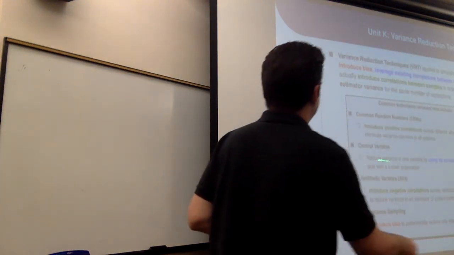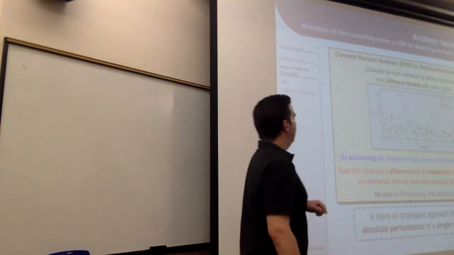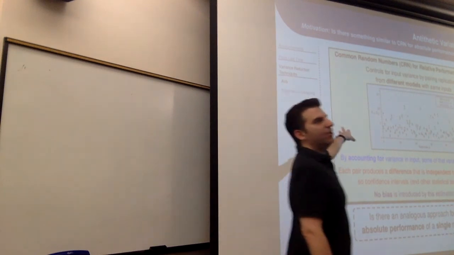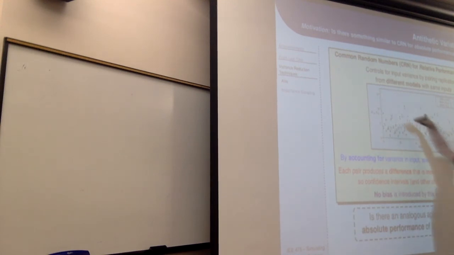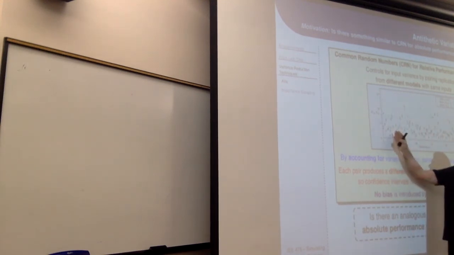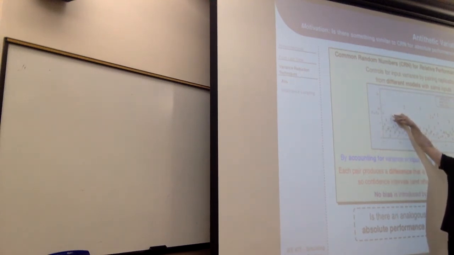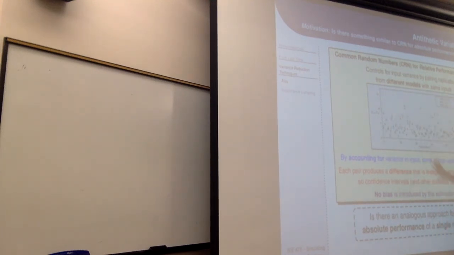So the motivation here is we got common random numbers, like I was saying, we can pair them by seed, and by doing that, we get this common effect where we can really see for the same inputs, how do these things differ? And so it makes these apples to apples comparisons. Now that's good for a relative performance evaluation. How much better is one model than another? But then the question is, what if I'm interested in an absolute performance estimate? I really want to know, what is the mean performance from this one model?